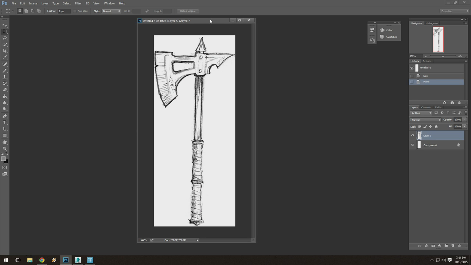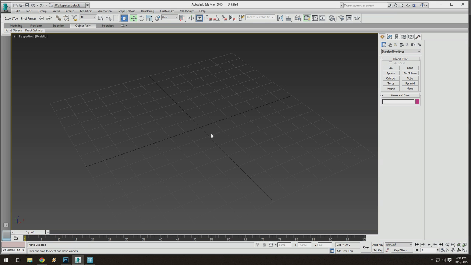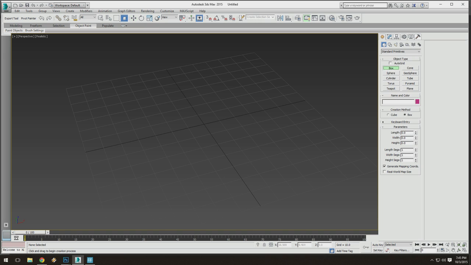So anyway, we're just going to look at it right now. Here's the image, and we're going to look at how you make just simple objects in Max. Your most basic object, of course, is your box. So you go to the Create tab, and the default options that are already set are this Geometry button is on, and it's Standard Primitives, and the first thing you have is the box. So you just click Box,